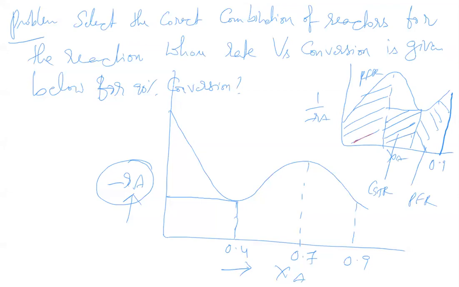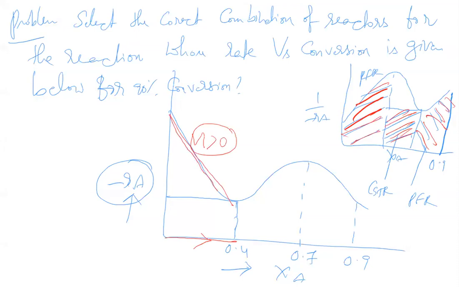Here the area under the curve is less, here the rectangle volume is less, here the area under the curve is less. That is how PFR followed by CSTR followed by PFR. But another way of understanding this question is, during the reaction, if the conversion increases and the rate decreases, that is an indication of positive order reaction. That is what we have discussed. Here the rate is decreasing, positive order.